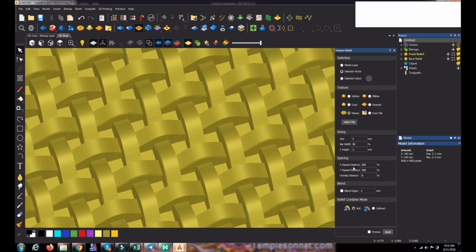Then there is also the repeating distance, like 100% in every row. There will be a shifting of this small element. You can do it and experience it. Just undo this one.